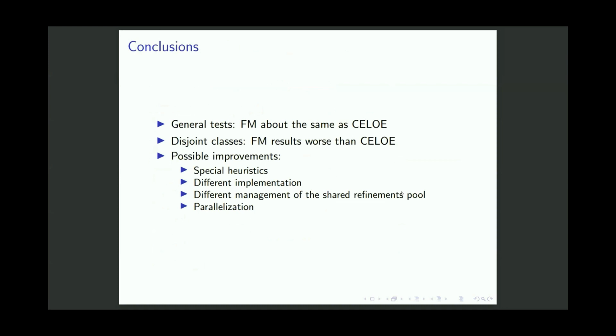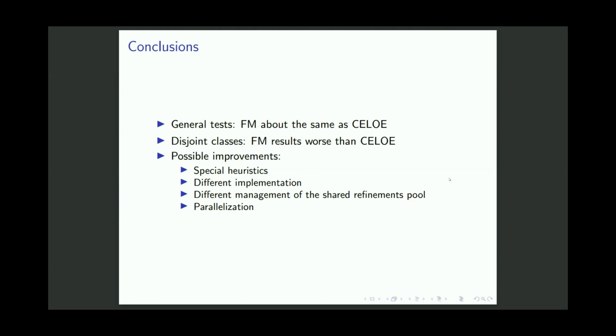And as a conclusion, in the general tests, our algorithm is about the same as the base one. In the example we thought would be better, it's actually worse. But our testing was one ontology with just a few expressions, and it was really small. So maybe the overhead of having multiple trees is the problem there, or maybe we need different heuristics for this kind of problem, or specific ones for different trees.